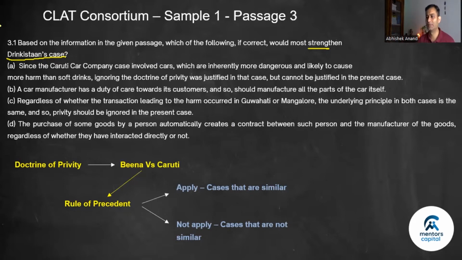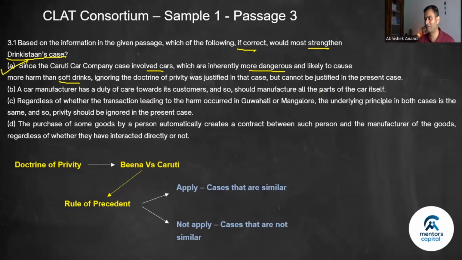Look at option number A. Since the Karuti car company case involved cars which are inherently more dangerous and likely to cause more harm than soft drinks, which means the cases are different. Comparison with car and soft drink, the cases are different. If this is true, if this is correct, then Dinkistan company can avoid the rule of precedent, and therefore this is the correct answer. If you look at option B,